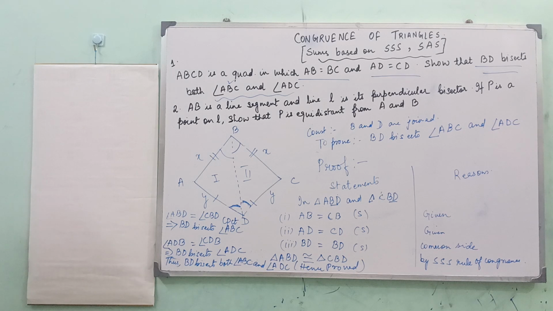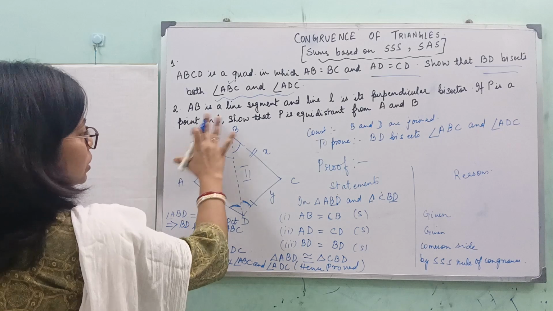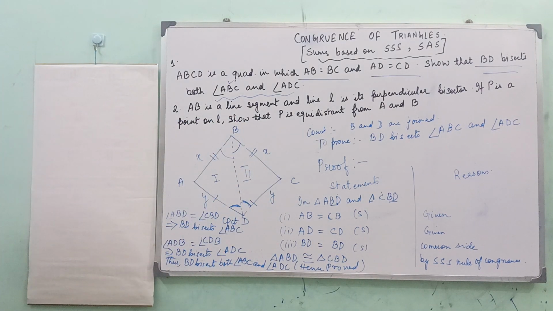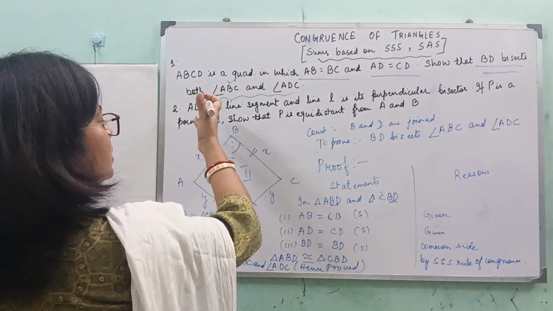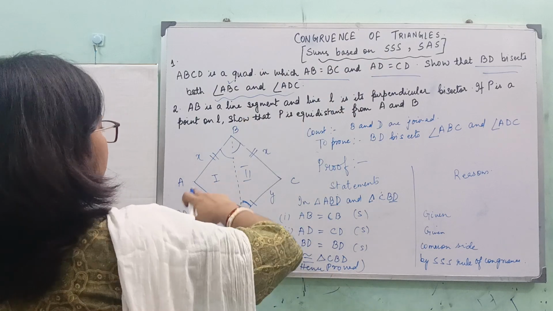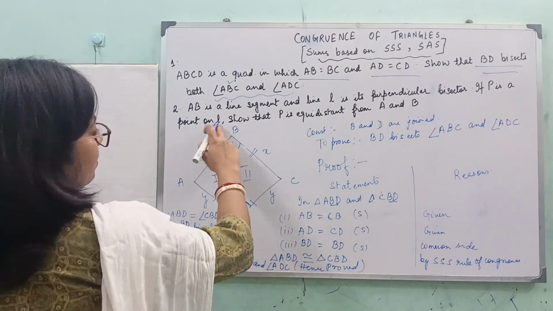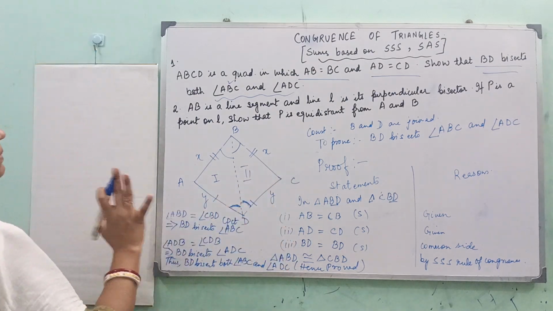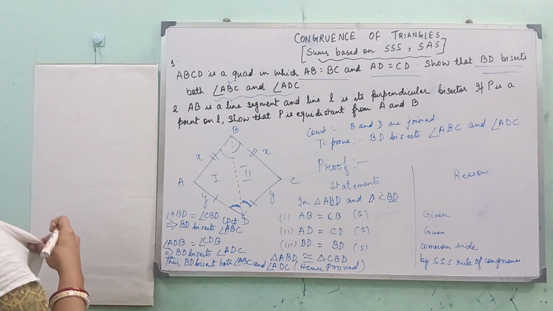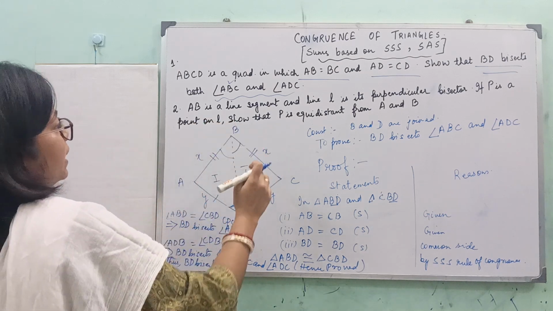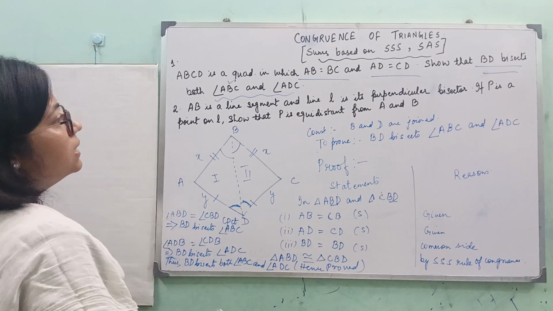Alright. I hope this sum is clear to you. First we did a construction. The figure, even if the figure is given to you in the question, good for you. If it is not, still you can make the figure on your own. Quite a clear question here. That is, these two adjacent sides, AB and BC, are equal. Here AD and CD are equal. That much is given to you in the question. And we had to show the angles ABD and ADC are bisected by the